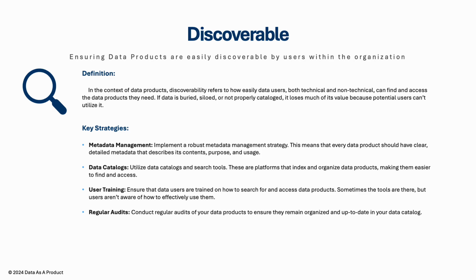But in order for a data catalog to work properly, you need to have the proper metadata in place. Third, user training. We need to ensure that data users are trained on how to perform searches and access the data. Sometimes the tools are there, but users aren't aware of how to effectively use them. And the fourth is also very important, regular audits. By conducting regular audits of your data products, you're going to ensure that they remain organized and up to date